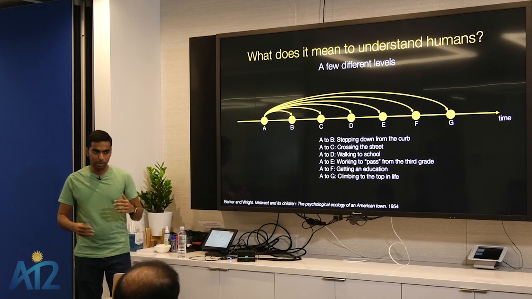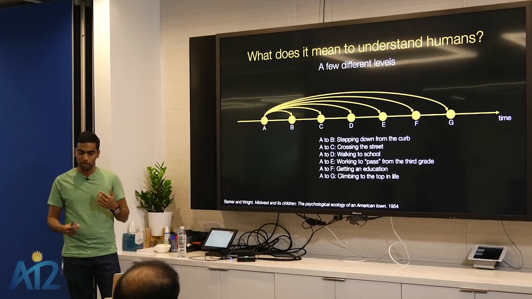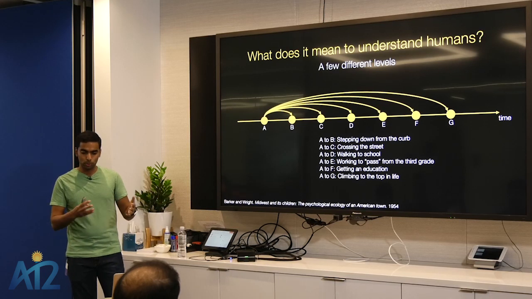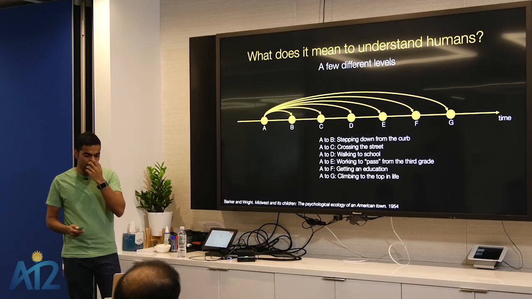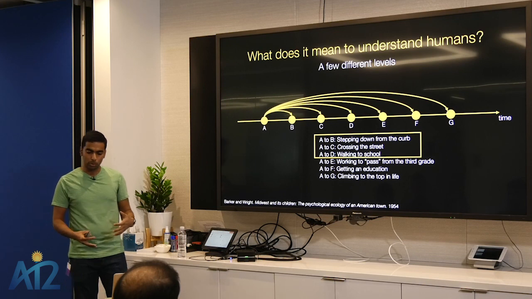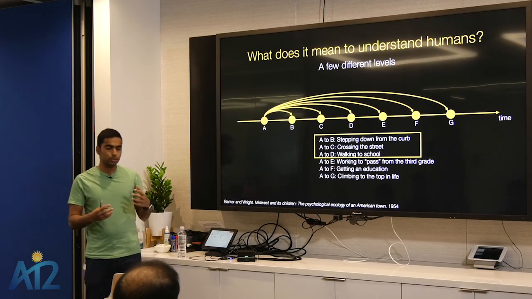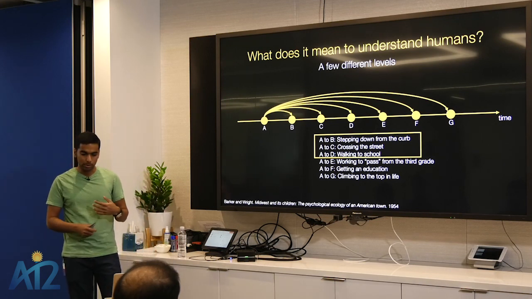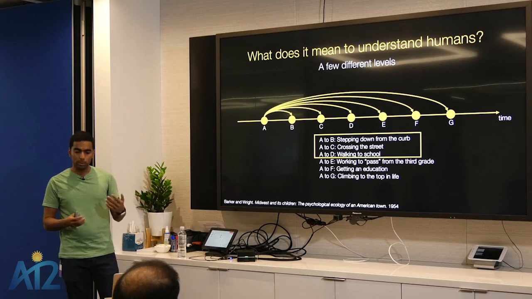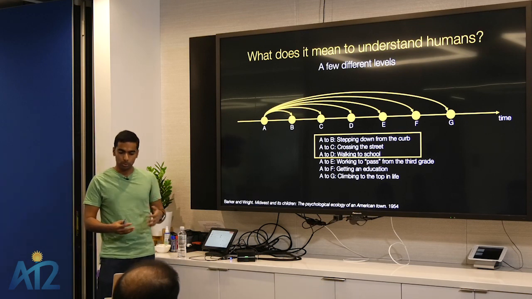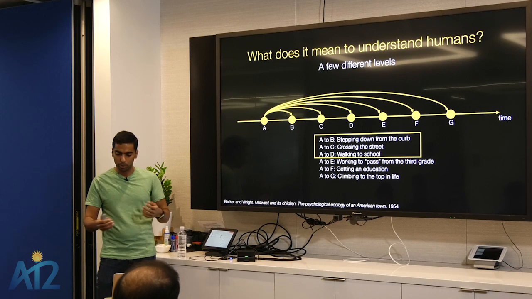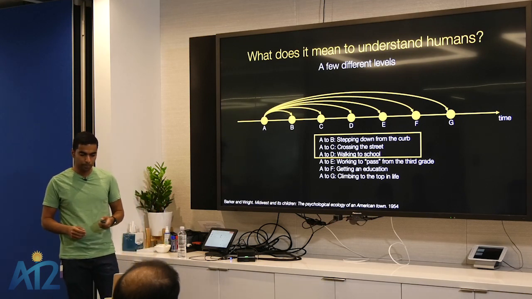So human understanding can be thought of at all of these different levels, but as you can imagine, recognizing all of these from short images or videos is not always possible. So a lot of the work I'll be talking about today focuses on this more atomic level of human understanding, things you can try to understand from body motions, people moving, short videos and images.